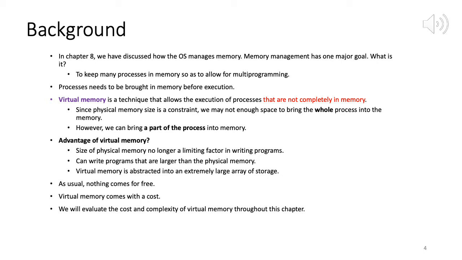Okay. So at once you can see the advantage of scenario 2, because you are bringing only a part of the process. So which means now you will have the ability to bring in a larger number of processes into the main memory, versus the case in which you bring entire processes in. There you will have a limit on how many processes you can bring into memory. So the more processes you can bring into memory, the higher is your degree of multi-programming. So what we are saying is it is okay to bring a part of a process into the physical memory for execution. Okay, so this is the general idea.